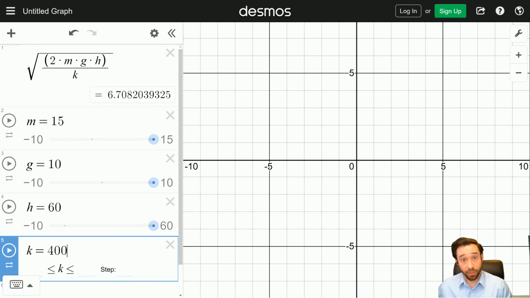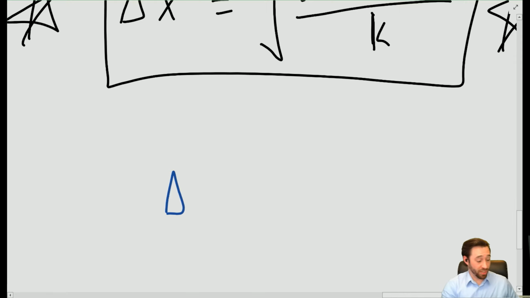Now, if you do this properly, you're virtually guaranteed to get the answer correct. So all it's doing is taking these values, plugging it into this equation, and then getting a value. So what we end up getting is, I need to change the values. So in real life, the scenario with these numbers would be difficult to actually play out, because what this is telling us is that our amount of compression of the spring